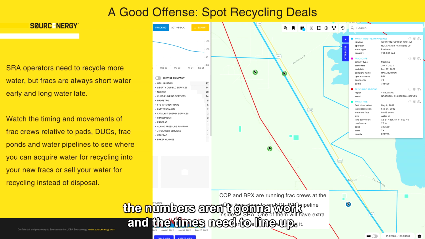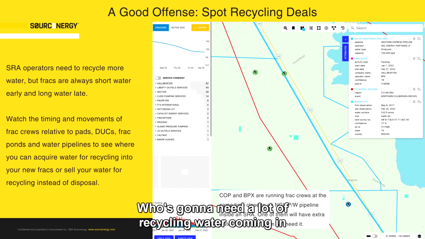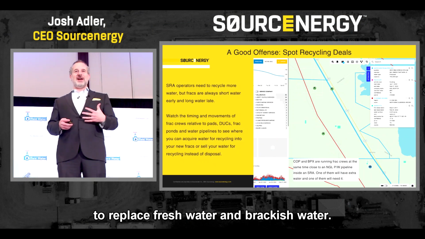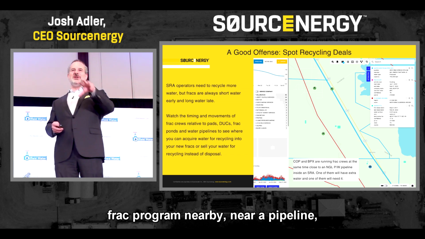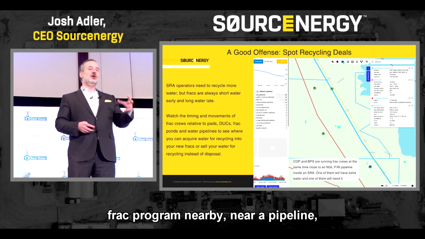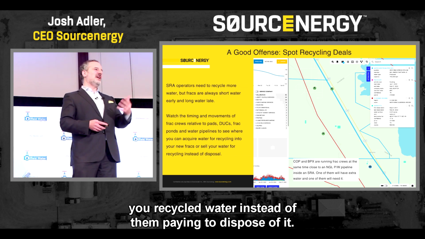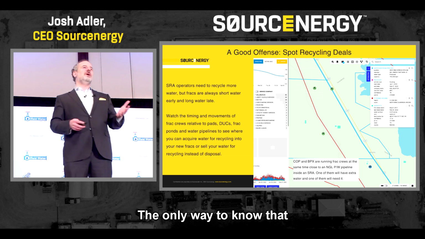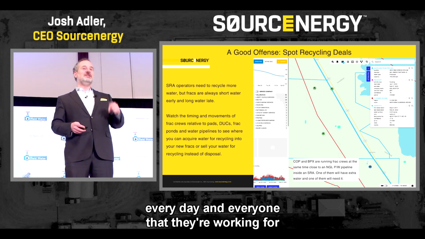And the times need to line up. You need to have somebody who's starting up their frac program, who's going to need a lot of recycling water coming in to replace fresh water and brackish water. And you need somebody who's getting toward the end of their frac program nearby, near a pipeline, who's going to be able to send you water and get paid to sell you recycled water instead of them paying to dispose of it. The only way to know that is to know where the frac crews are right now, every day,